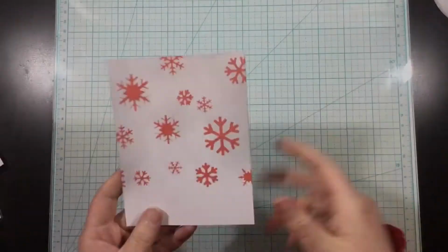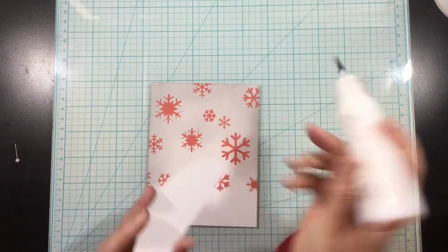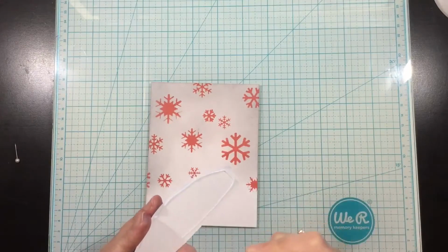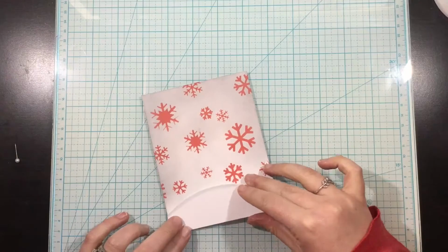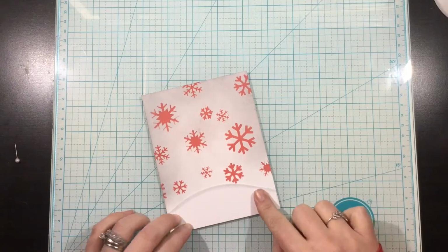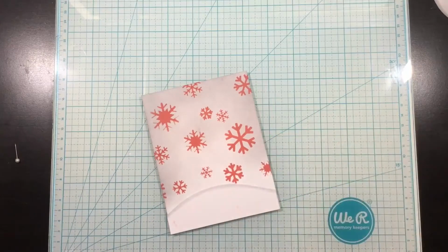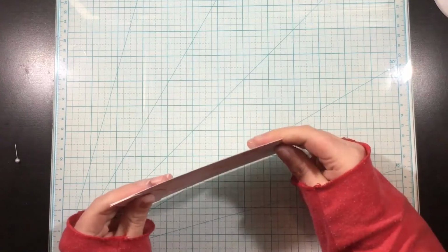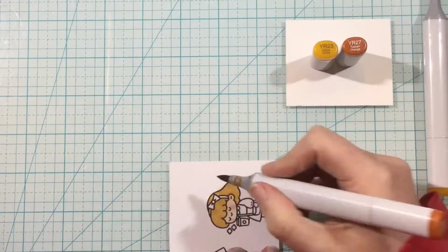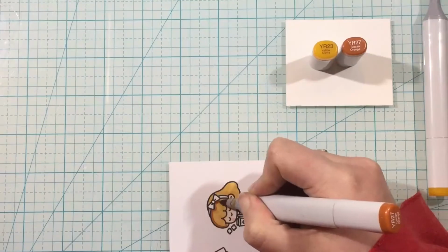Once I had all of my ink on there, you can see the gray around the outside with those red snowflakes in the middle. I used my scissors and just freehand cut a little hill, and this is going to be the basis of my scene, and I did add a little bit of gray ink to the edge just to give that a little bit of definition. I'll just glue that onto the bottom, and then I'm going to stamp out some of the images from the